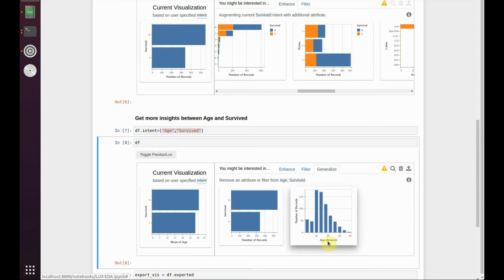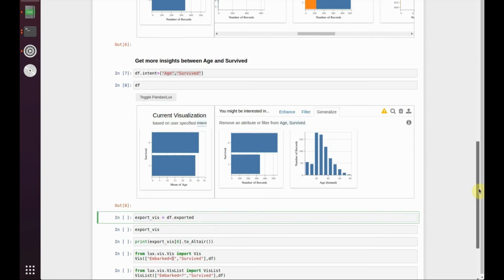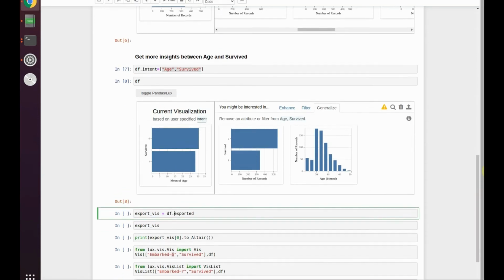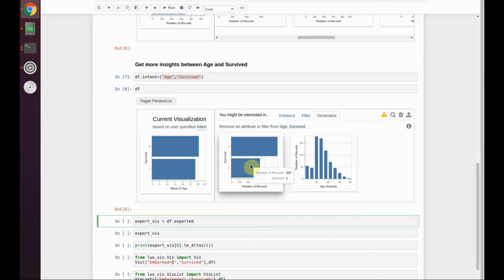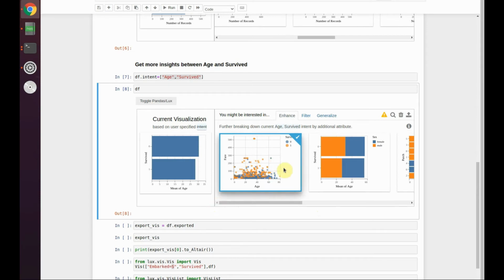And by the way, it is bind age. Okay, so let's go and see one more thing. One more good thing which I found here is that you can also export one of the graphs. Let's say, for example, you want to get this particular graph and export it. So what you have to do is